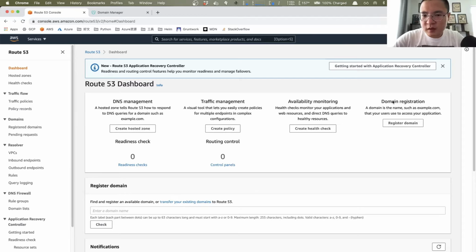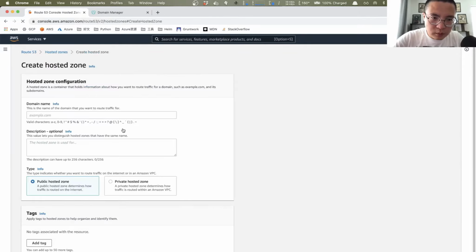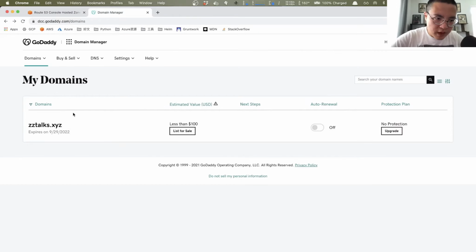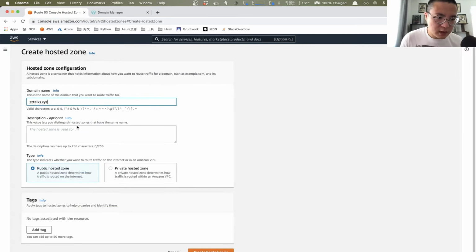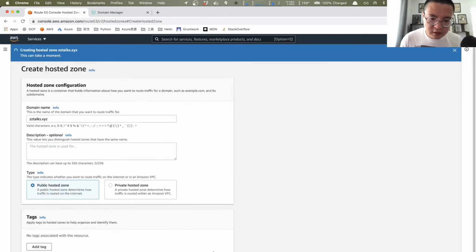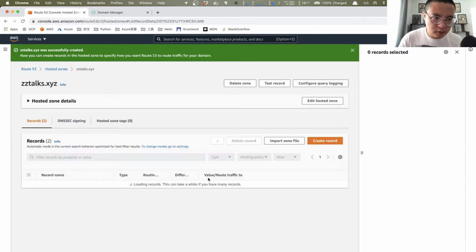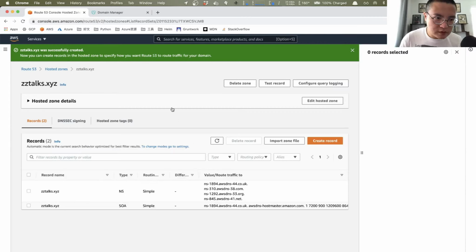If you do it manually, you just need to click create hosted zone, and then you put the domain name right here, copy and paste it, and the rest is the same. Just click create hosted zone. Right, so the zone was created successfully, and as you can see,